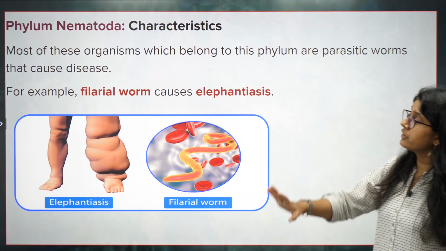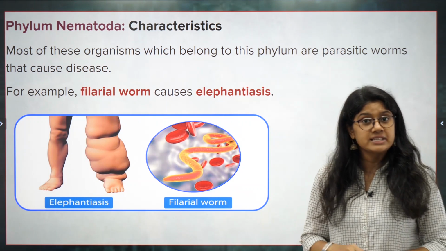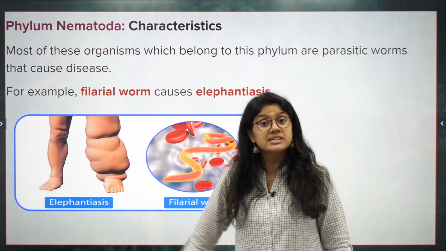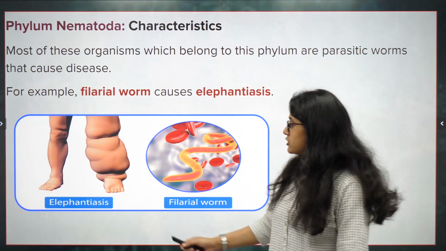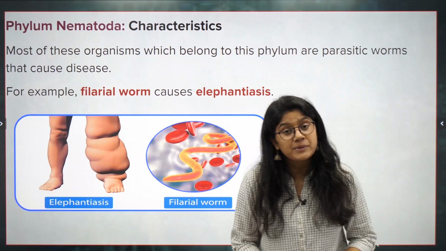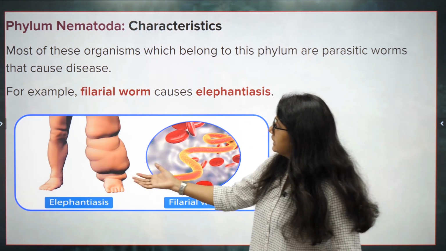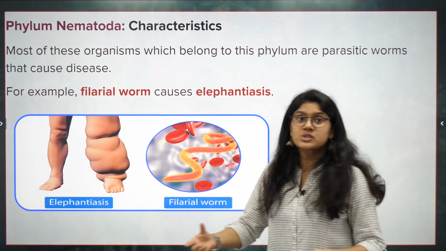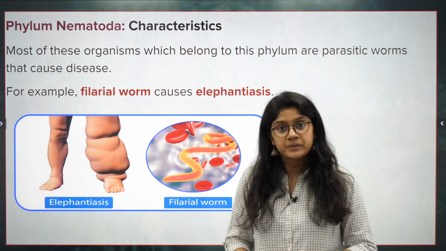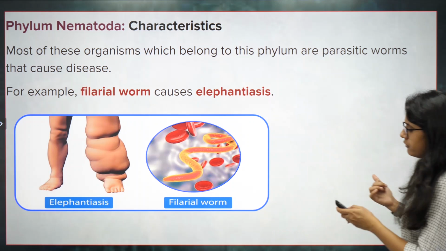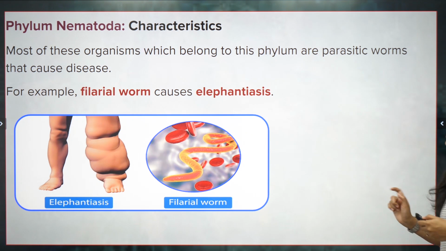These nematodes actually cause a lot of diseases, and one of the very common diseases that you will be studying in why do we fall ill is elephantiasis. What happens over here? The leg, can you see over here, there's a swelling, and this is caused by the filaria worm or Wuchereria. Clear? So it's very good information for you to remember. Do remember this.